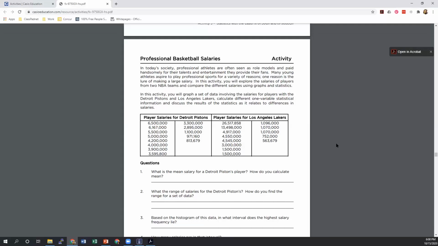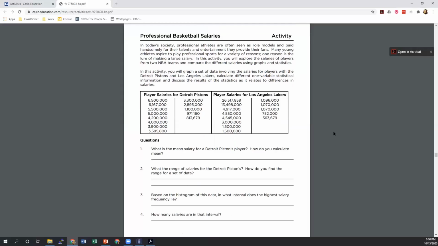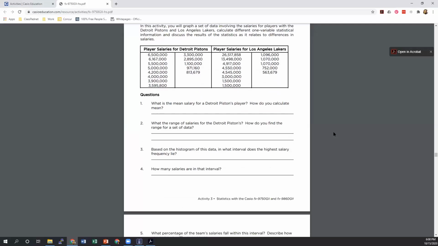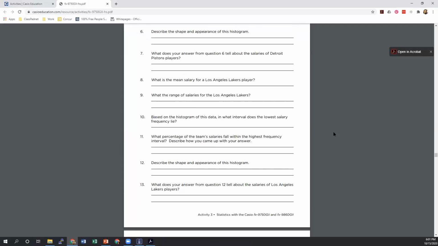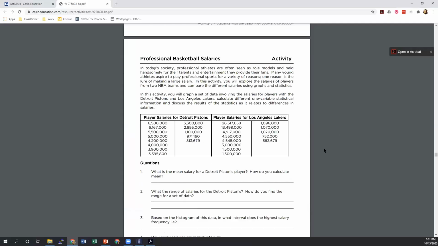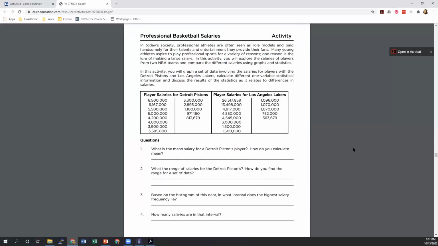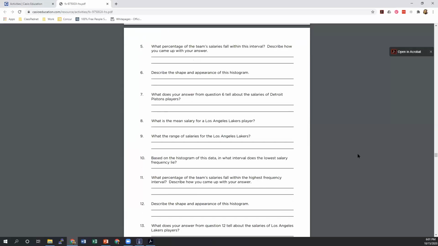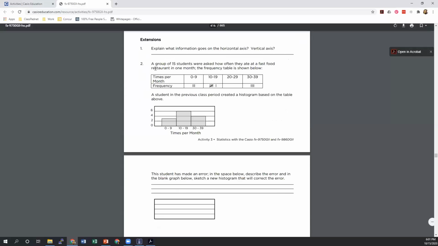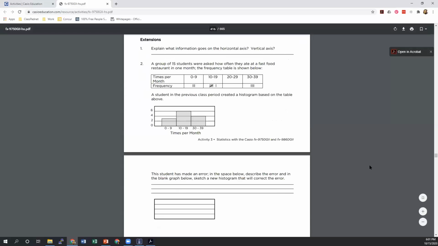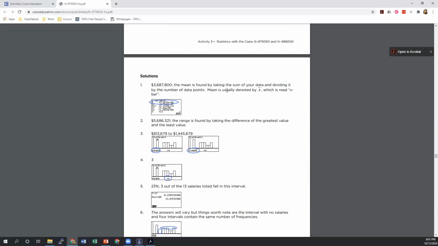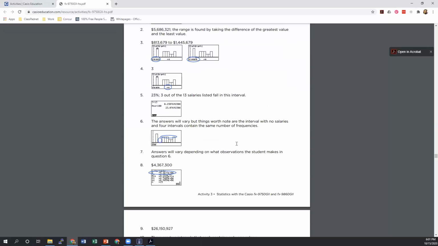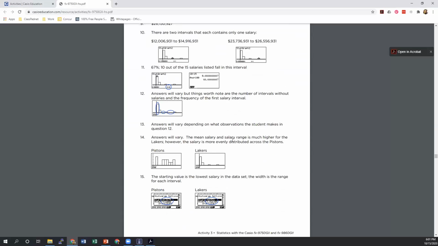So just some different ideas on how we can take these activities that have been written and maybe adapt them to update them a little bit. Because some of these could definitely use a little bit of an update. Some of the numbers are different, probably not accurate or old. Some of the activities will have extensions, and all of them will actually have a solution based on the numbers and the questions that are asked in that actual activity.